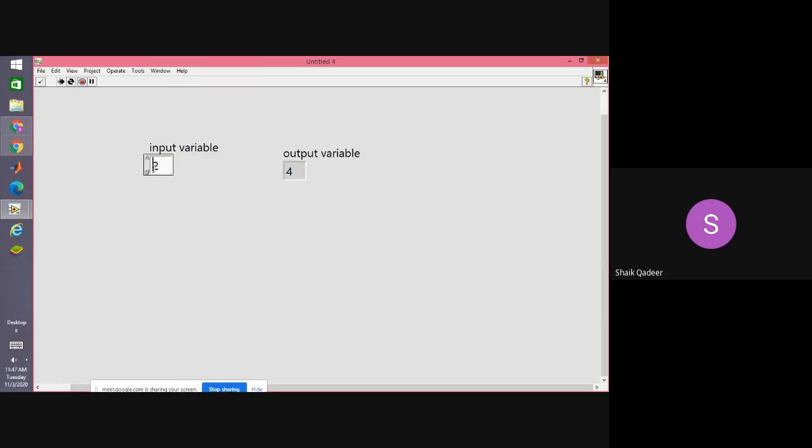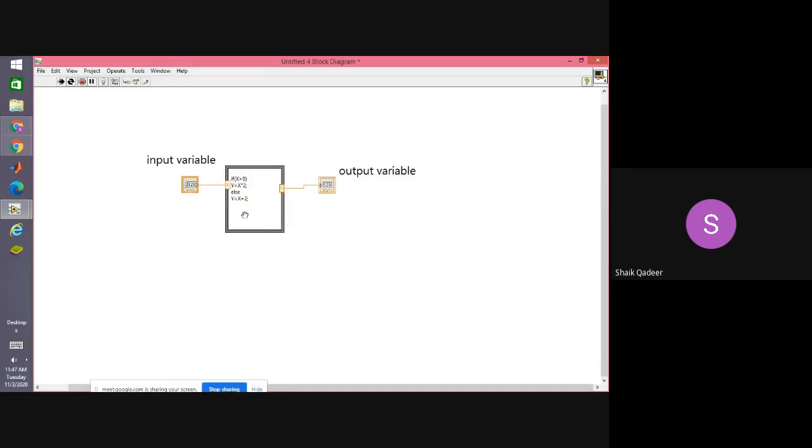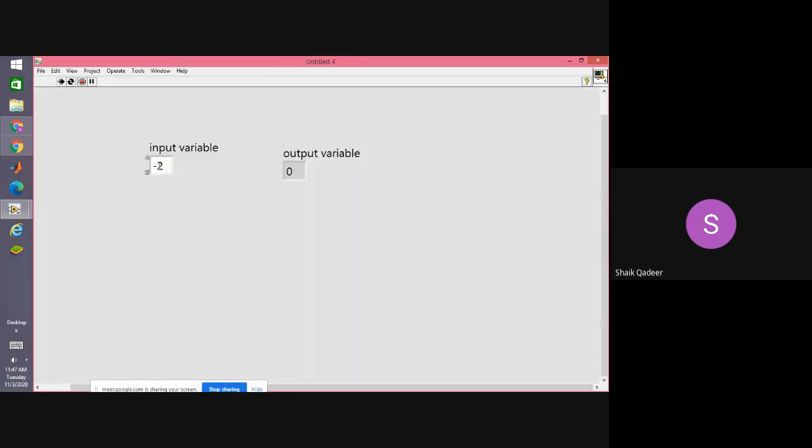Let us give a negative number, -2, and see what happens. If it is -2, then -2 plus 2 is equal to 0. Let us give some other number, -8. -8 gives -6. I think it is clear. Yes, sir, clear.